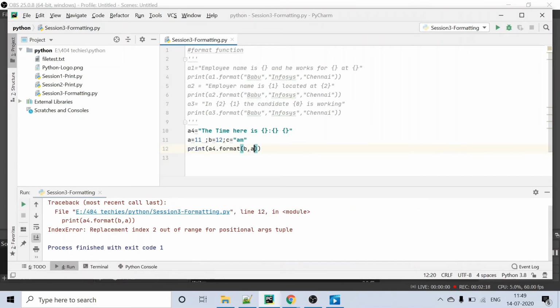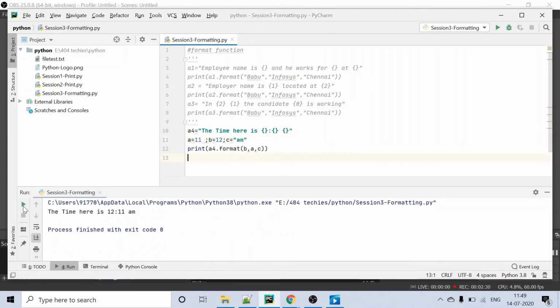So we have to pass it here. So the time here is 12:11 AM. So this is how we can use the format function.